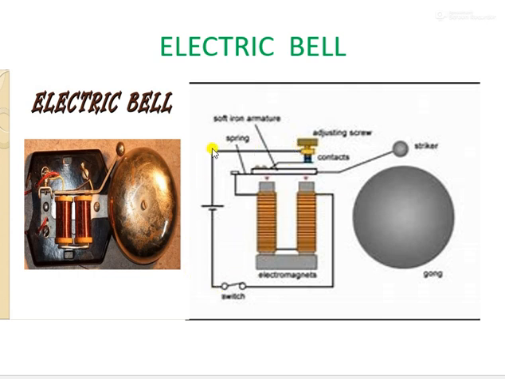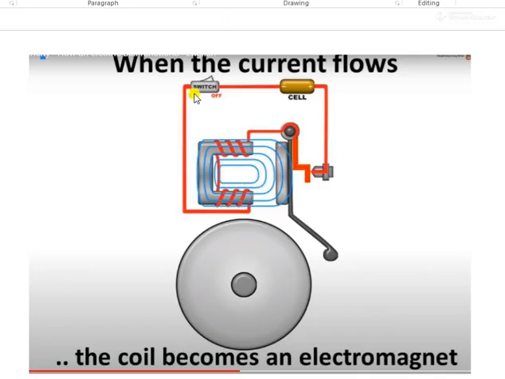Can you see it has the attachment to the wire? Here we have the cell. Again here a switch is there. Now switch on. So what will happen when we switch on? The circuit will complete and current starts to flow. When current starts to flow, this wire gets electromagnetism and this rod also gets electromagnetism. So the iron rod and this coil get electromagnetism and they attract this iron strip.